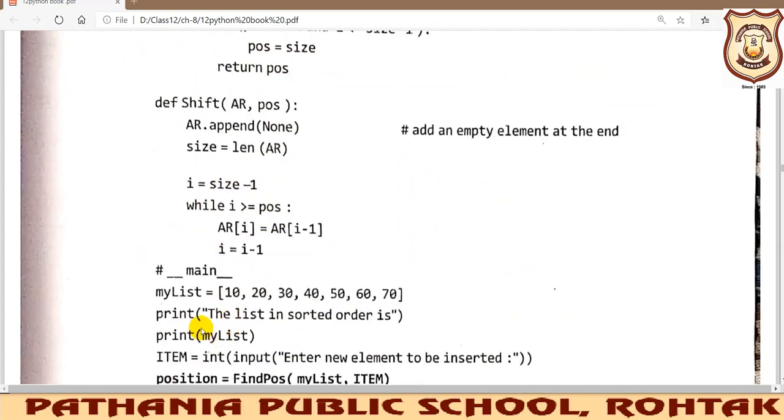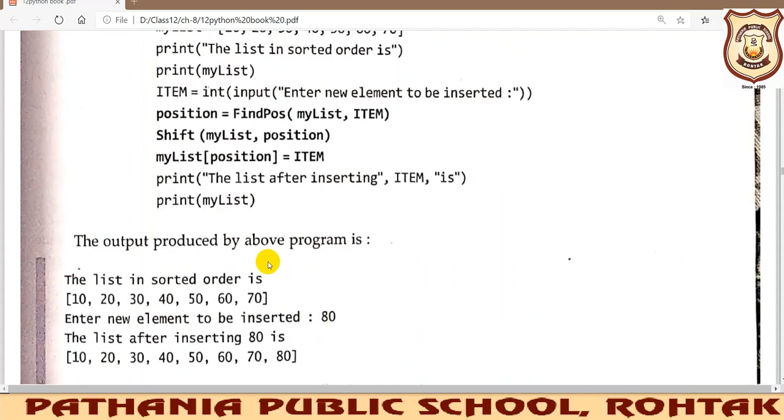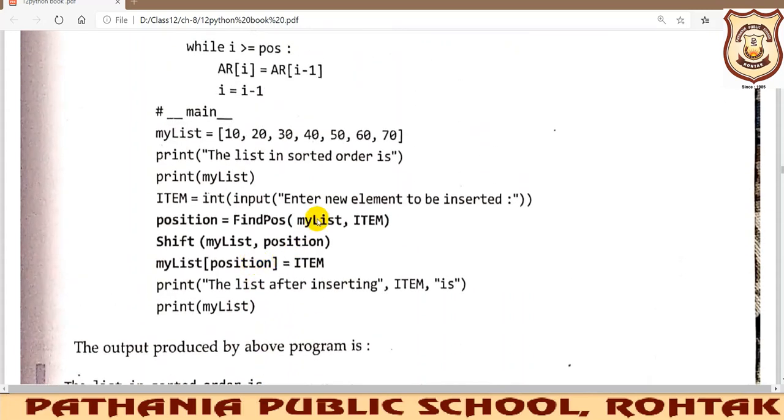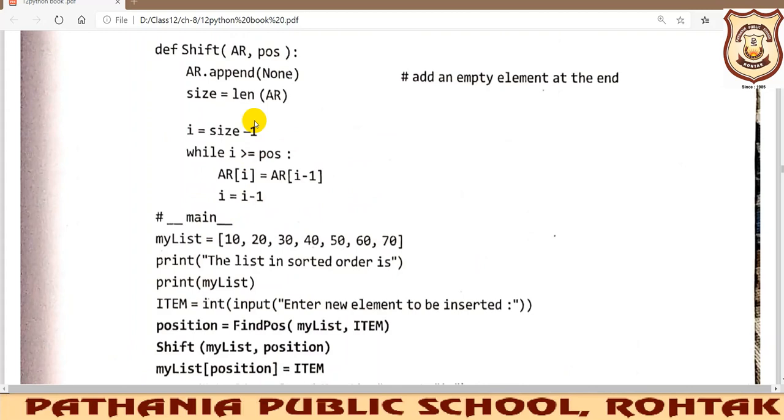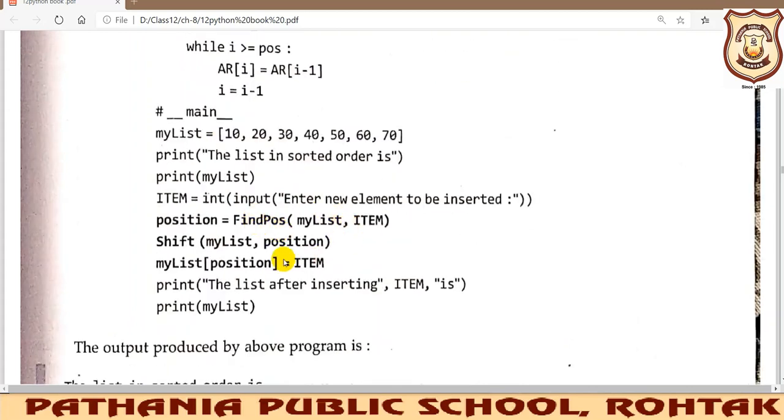And finally, to insert that particular element you will use another function. So position, shift, and then put that element. So these three functions we were using, actually two functions and this particular mylist array, to insert the element at the particular position.